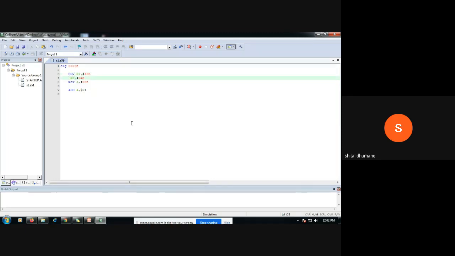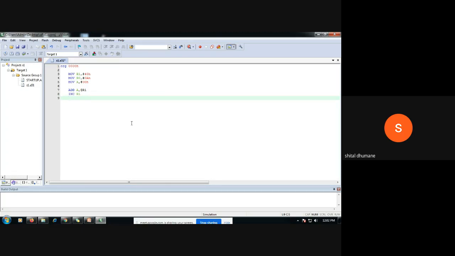After this, what will we do? You have to increment the memory location. Right now R1 is 40, and now you have to make it 41. So what will you do? You should increment R1. Yes, it will now become 41.